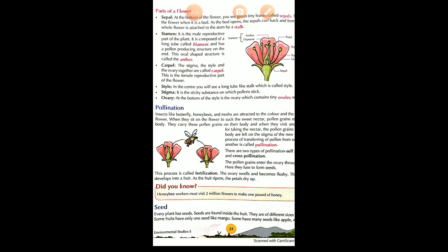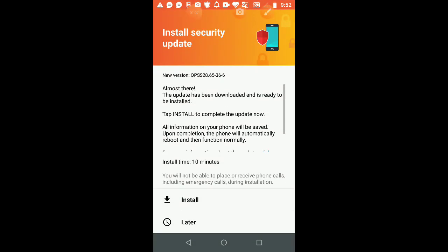Sepal and petals are known as vegetative parts of the flower, and stamen and carpels are known as reproductive parts of a flower. Student, I am repeating this again and again because reproduction in flowers is a new topic for you, which is in class 5. So that is the reason I am repeating this many times, so that you are able to understand. Is it clear?